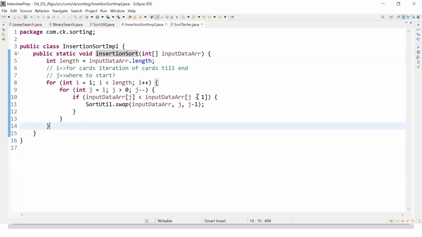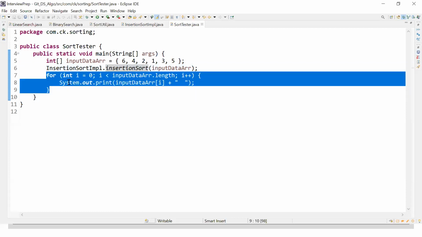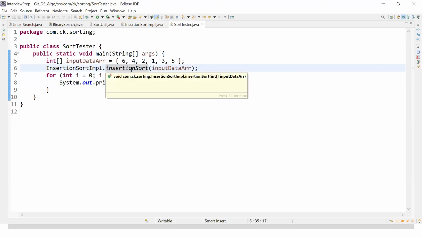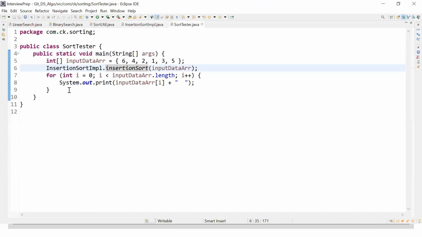So in my tester, I've taken InsertionSortImpl and I call that insertionSort method directly. After I'm done with my sorting, I print the result.